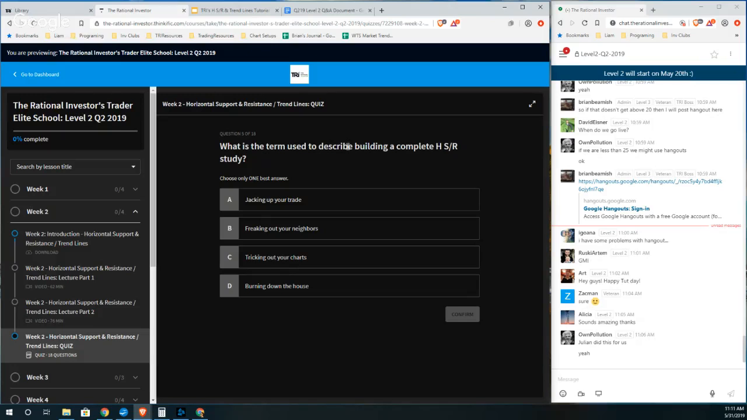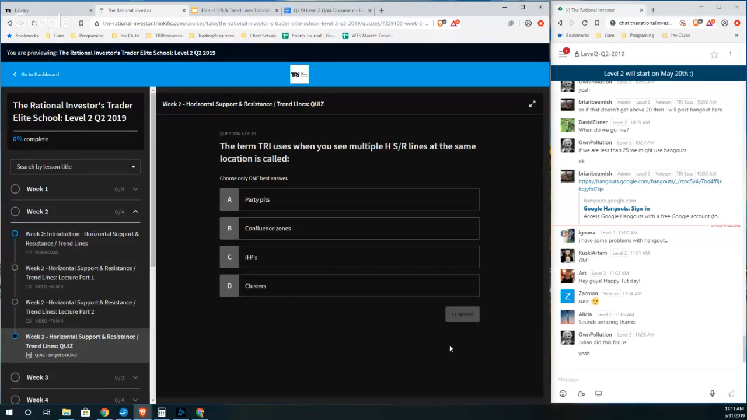Okay, what is the term used to describe building a complete horizontal support and resistance study? Jacking up, freaking out, tricking out, burning down the house. I'm just sort of having fun with some of these answers. But I like to call this tricking out your charts. It's just Brian's terminology, but that's what I was looking for. So if you ever hear me on the site talking about tricking out your charts, well, that's what I'm talking